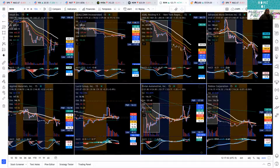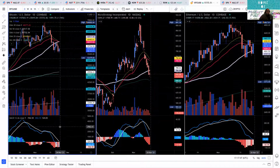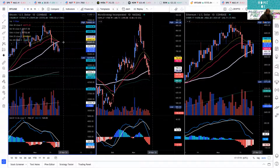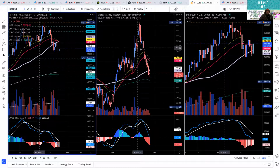All right, let's get involved with Bitcoin. Bitcoin's right here. We got Bitcoin. Bitcoin trying to rally, still working his way lower. You know, right now it needs above 60,000 for it to get better. It's just going lower, lower, lower. MicroStrategy working his way lower, follows Bitcoin. So again,